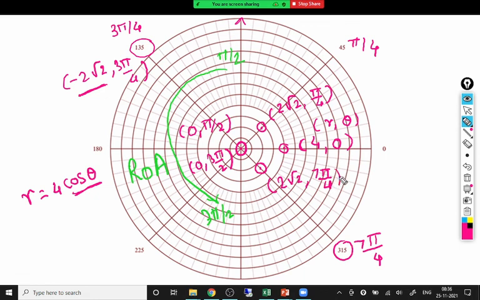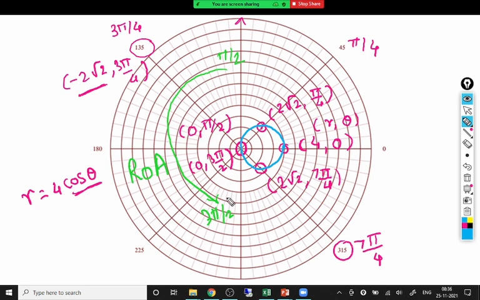Now we have a circle which passes through these 4 points, and that circle is like this. You have to remember this, because we will not go into the detail. If you want to know why it is a circle like this, you can take more points. We took theta as 0, 45. You can take 0, 10 degrees, 20, 30, 40 degrees. You will get multiple points, and when you join them you will get exactly this circle.